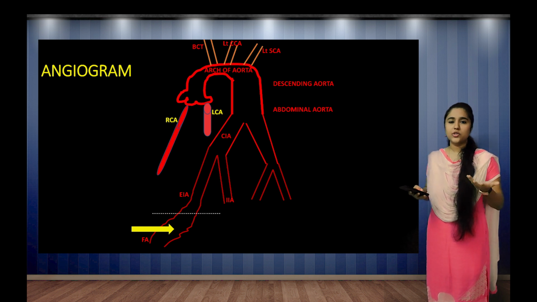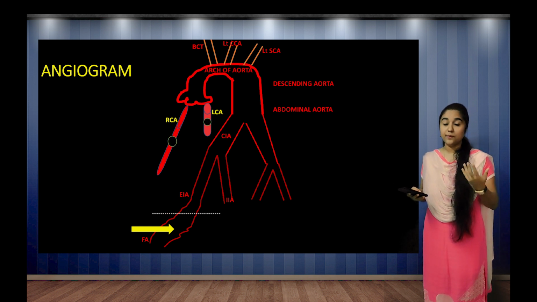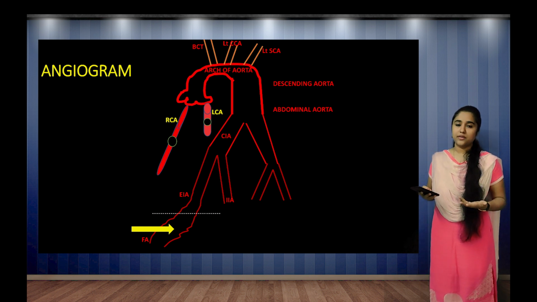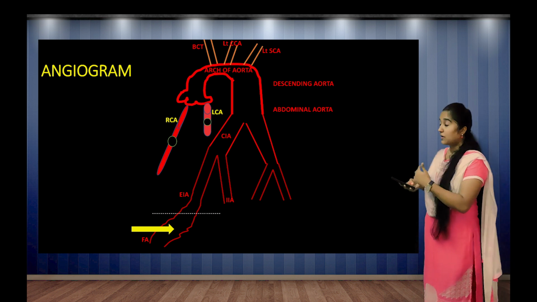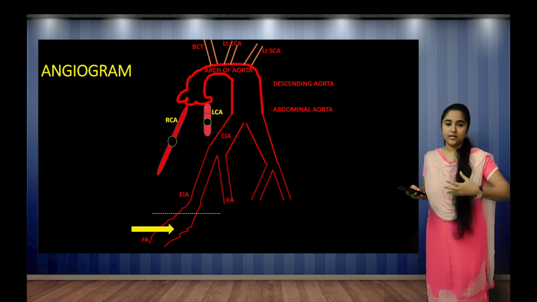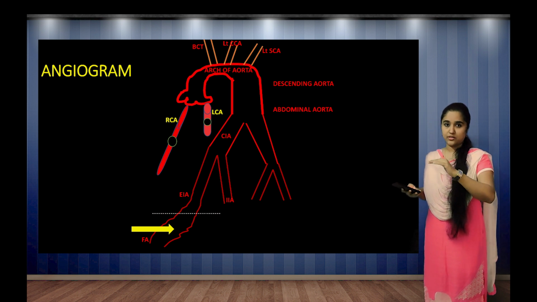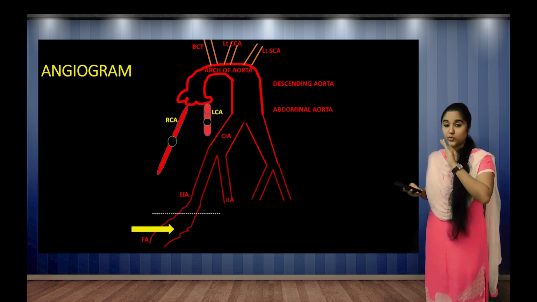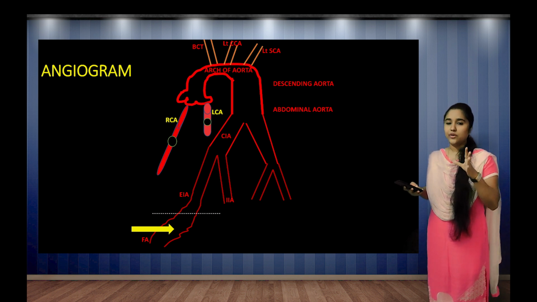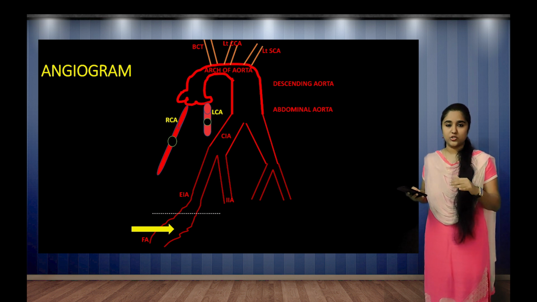So after visualizing the arterial system, if you see any block in the right or left coronary artery, what you have to do? Next step is, you can do angioplasty or balloon angioplasty. That means you have to insert another tube with balloon. You have to insert it, and it should be reached till the site of obstruction. So when it reaches the site of obstruction, you have to inflate and deflate it. So inflation and deflation should be continuous. So what will happen? That will squeeze away the thrombus. This is referred to as a balloon angioplasty.